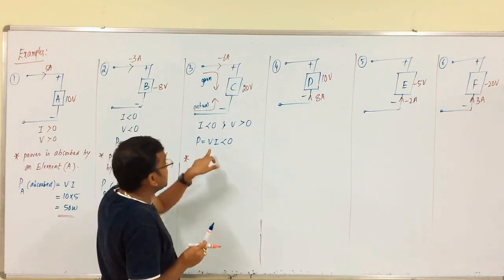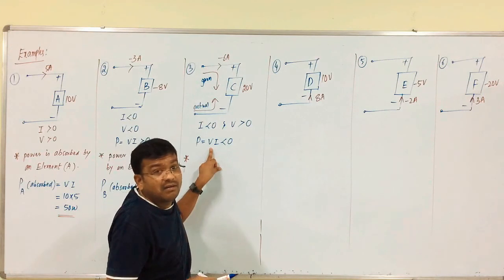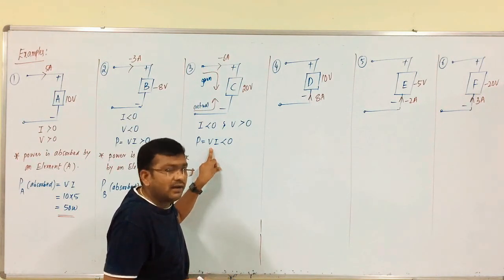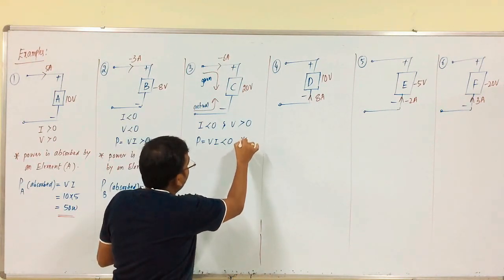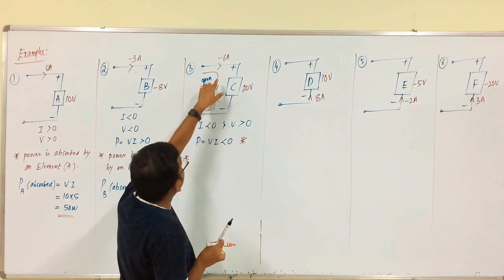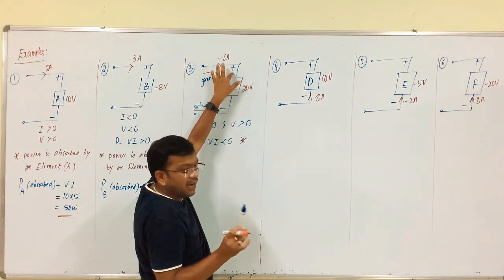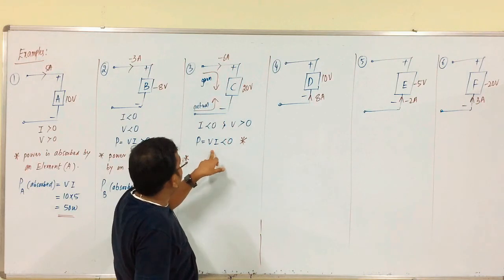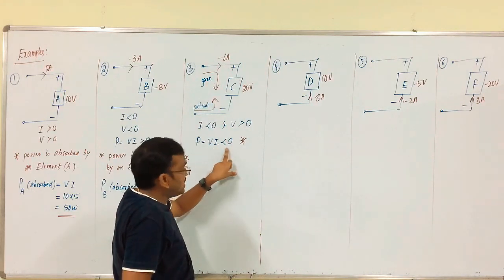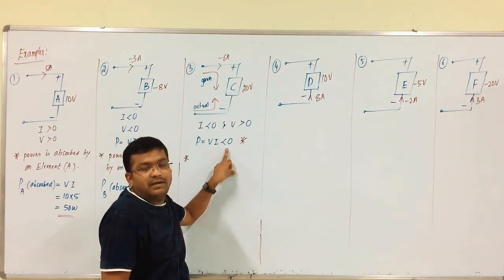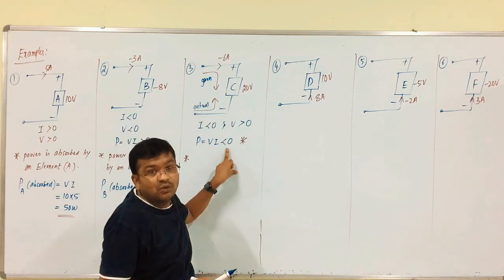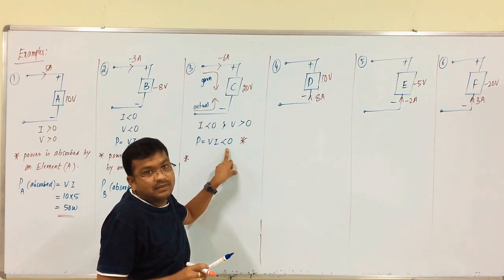But sir, based upon this convention, the power is delivered, right? You said that, right. I am sticking to this point. Based upon these assumptions, when the current is entering the positive terminal of an element, provided P equals V I, which is less than 0, then the power is delivered. We got positive power. I will prove.